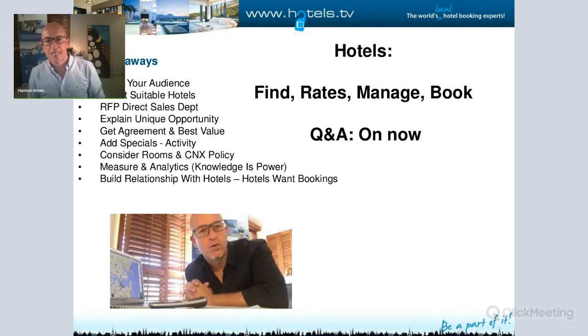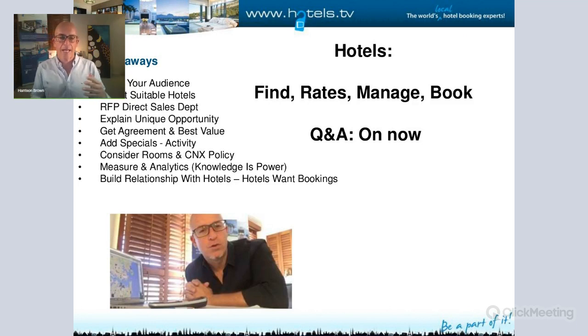The credit card is used as a guarantee of arrival, which is why the cancellation policy is important. So usually there's a one-night penalty if the guest does not arrive or they cancel too late. The hotel can take a one-night penalty from that credit card, or whatever the terms are. Okay, the terms of booking are what you get on that contract from the hotel. You have to write that on the website